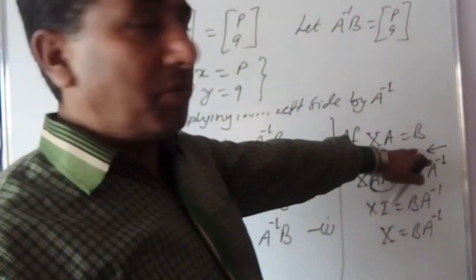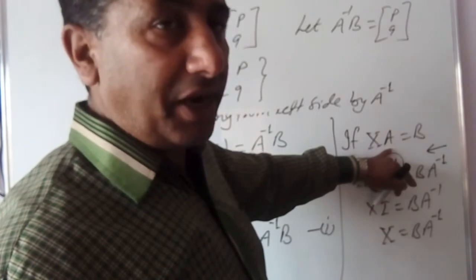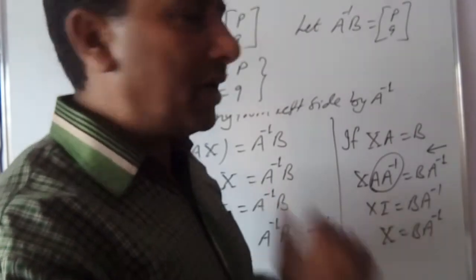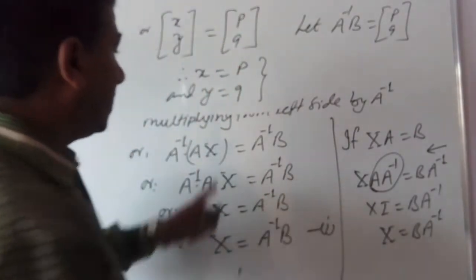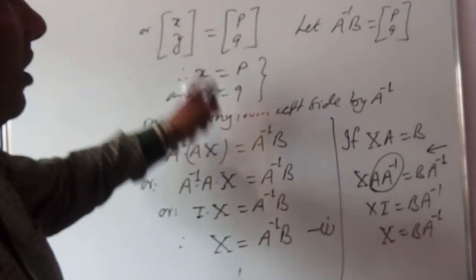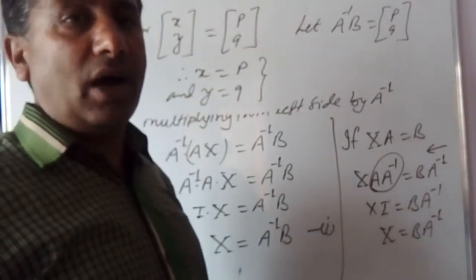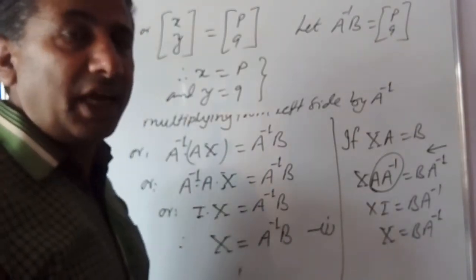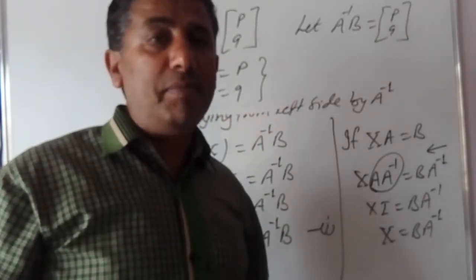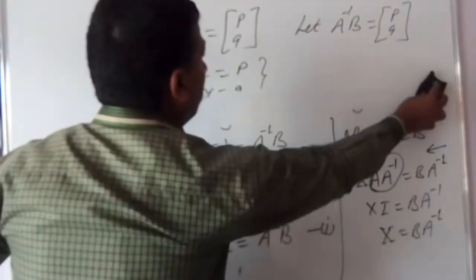If you find some of these questions in the exercise, be clear about which side of X the coefficient matrix A is. According to that you have to multiply from the left-hand side or the right-hand side. It depends on the question, but generally our question will be related to this one, and this one we need. This is the theory part. Now I'll explain with an example. I'll take two linear equations and solve them by the matrix method, and you have to follow the same method to solve equations by the matrix method. Okay, let's see. I'll draw this one.